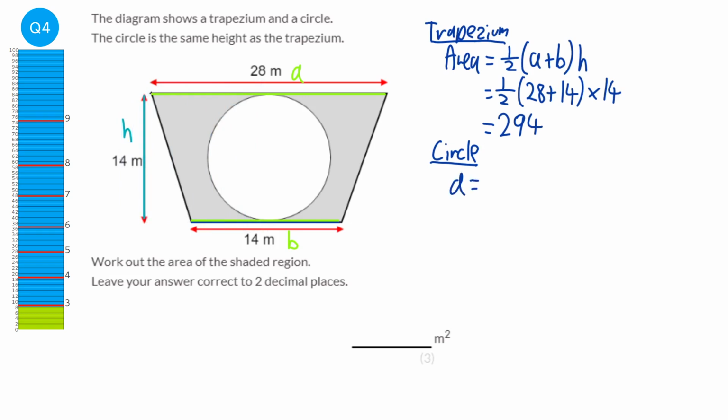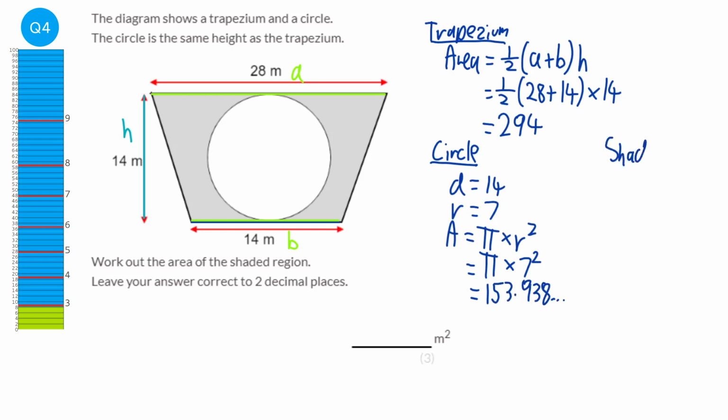So the diameter of the circle is 14, therefore the radius would be half of that, which is 7, and the area of a circle is pi times the radius squared. So it would be pi times 7 squared, which will be 153.938 blah blah blah. Now keep that in my calculator, because next thing we'll do is the shaded area part,